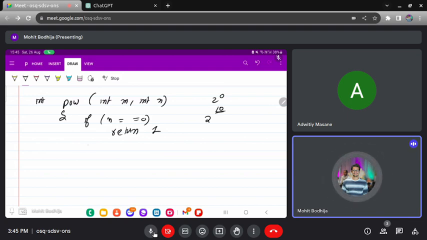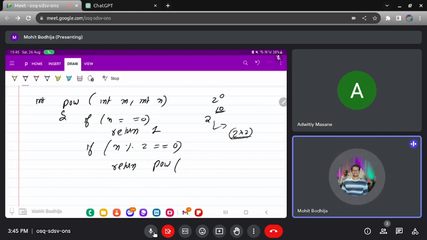So here I am applying the condition: if n % 2 equals 0, if the power is even, then we need to multiply the base by itself and the power should be reduced by half. What is our base? Base is m, so m multiplied by m and the power reduced by half. This should happen when it is even.